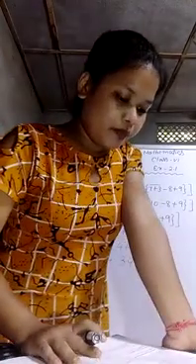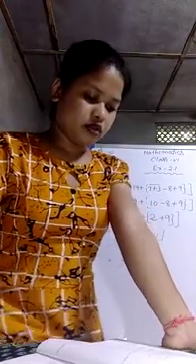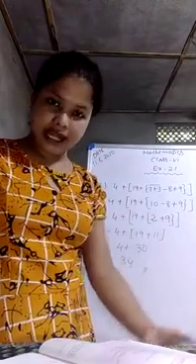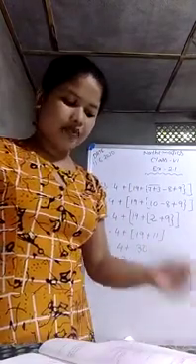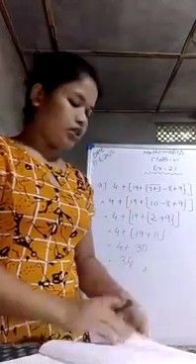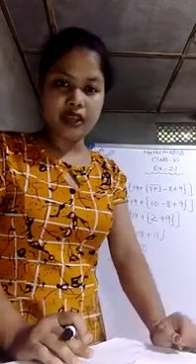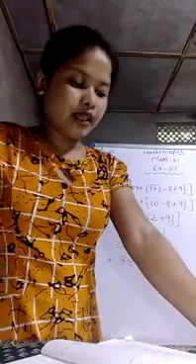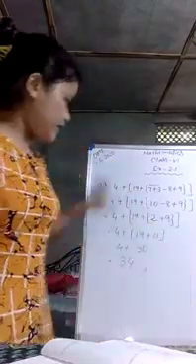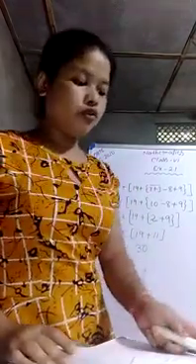Then from question number B up to P all are the same. So you have to follow the BODMAS rule. According to the BODMAS rule, first you have to do the bracket things, then division, then multiplication, then addition, then subtraction. So according to this rule, try to do all of these from B up to P. If you have any confusion, then ask me in our WhatsApp group. I will do it for you. So note down this question number A in your copy, and don't forget to do B up to P.